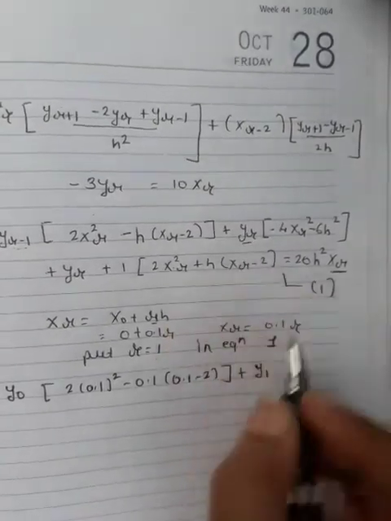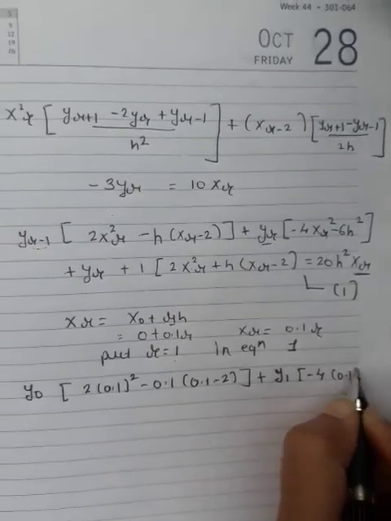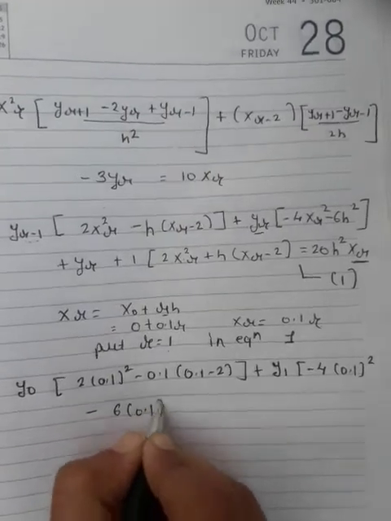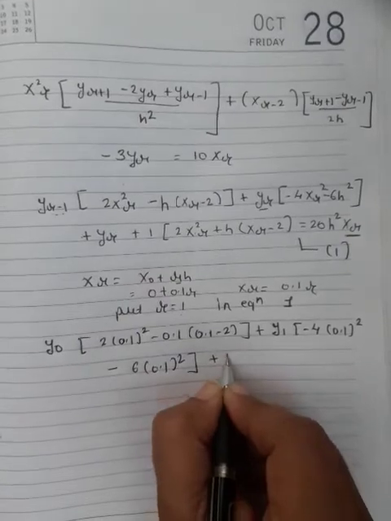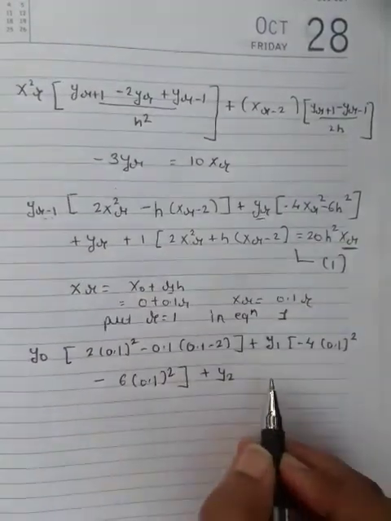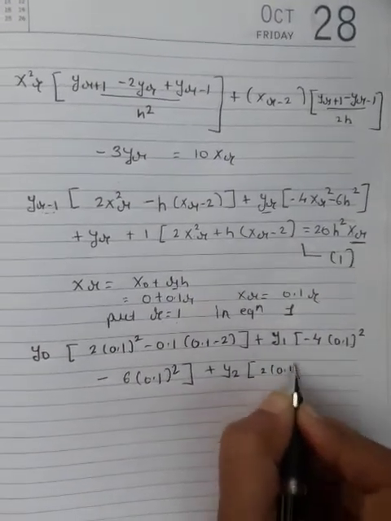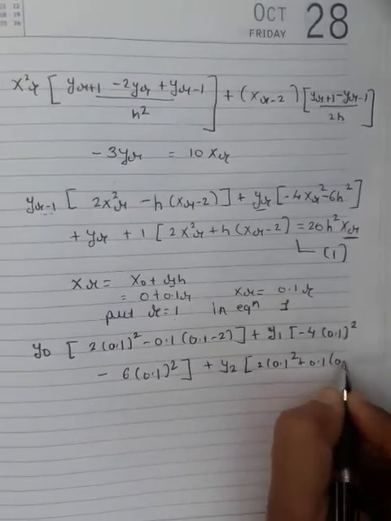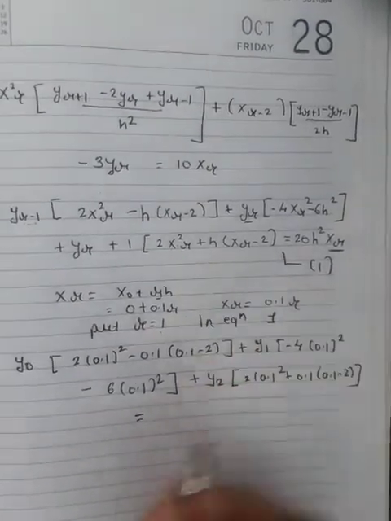So it will become y1 in bracket minus 4 (0.1 square) minus 6 in 0.1 square bracket complete, plus y2. So yr plus 1 will become y2 in bracket 2 (0.1 square) plus 0.1 in bracket 0.1 minus 2 bracket complete,